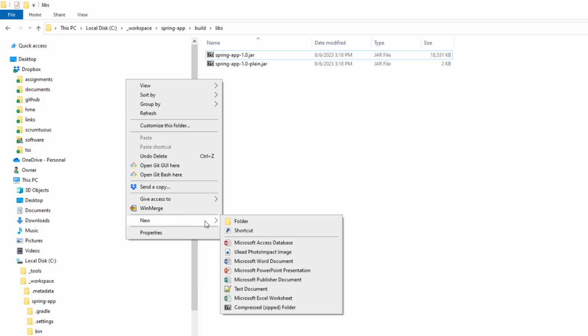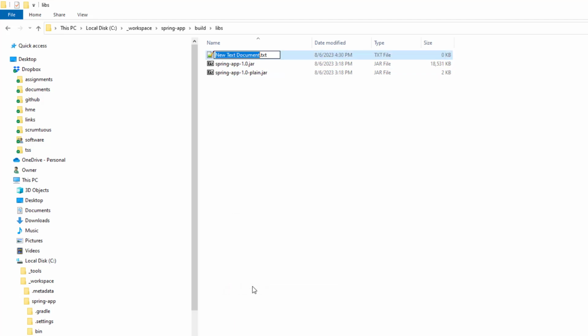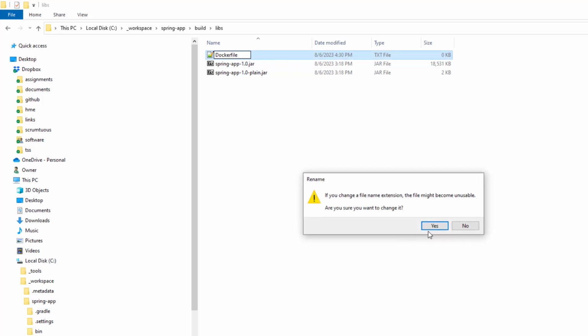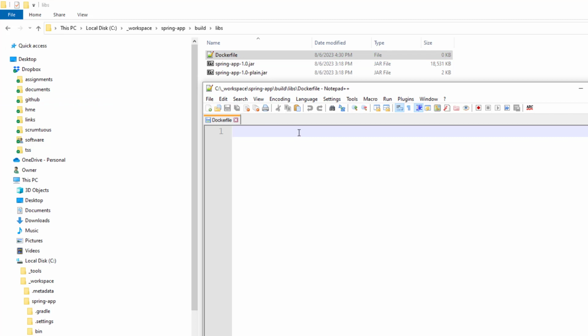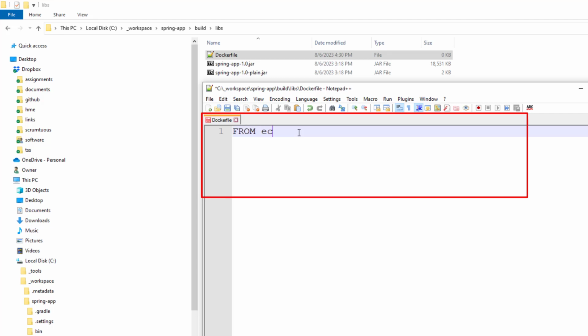To do that, I need to first create a Dockerfile that describes what that Docker image is going to look like. So I create a file called Dockerfile. Then I'm going to edit that with Notepad++. And what I'm going to do is say, hey, I need to run a Java application, that Spring Boot app. I don't want to create a Docker image from scratch that has Java and stuff in it. So I'm just going to start from the